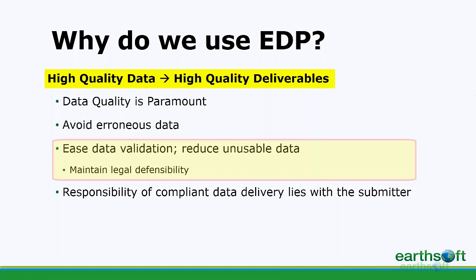EDP also makes data validation a lot easier and reduces the amount of unusable data. The way that EDP makes data validation easier is that it enforces all of those required fields, or requires them to be populated before the data are allowed into the database. So whether it's a reporting limit, the way that your laboratory is reporting non-detects and how that's configured in EDP, or a matrix spike or spike duplicate or a field duplicate, all of the ways that these are reported are enforced using EDP. So if you require these fields to be reported by the laboratory, we're going to make sure that by the time the data reach our validator, they have all of the information they need to perform their